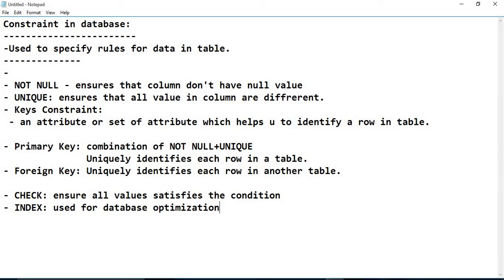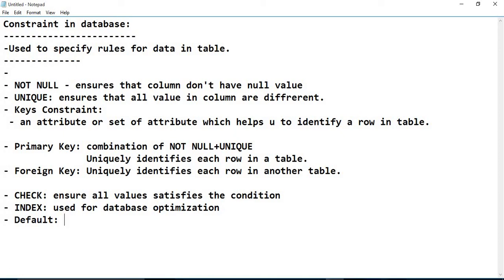Now the next one is DEFAULT. If there is no value assigned, set the default value. So we set the value for a column with no value.